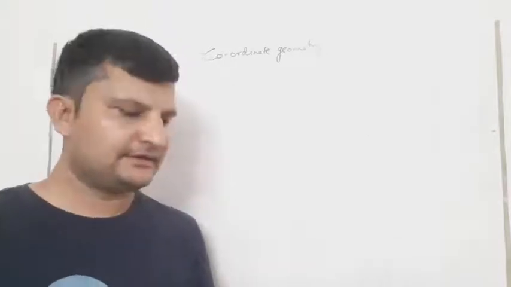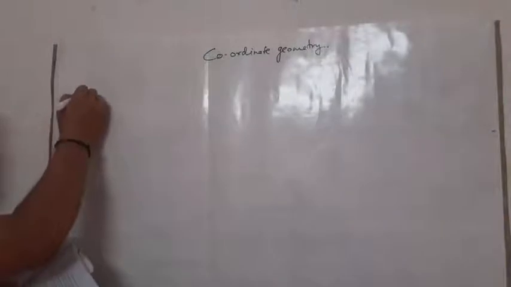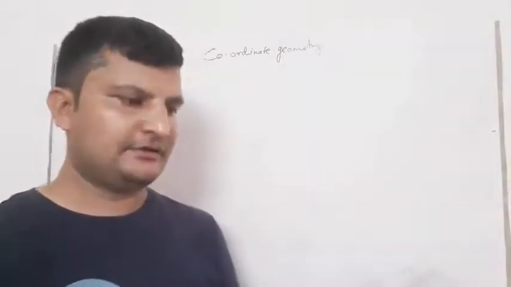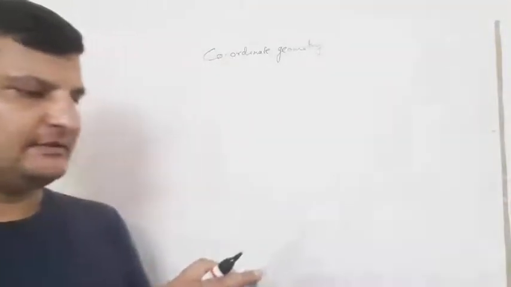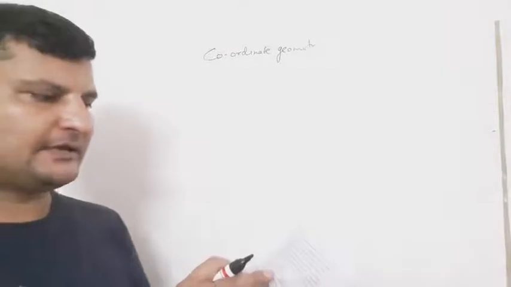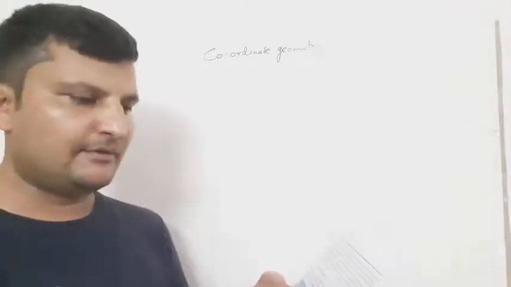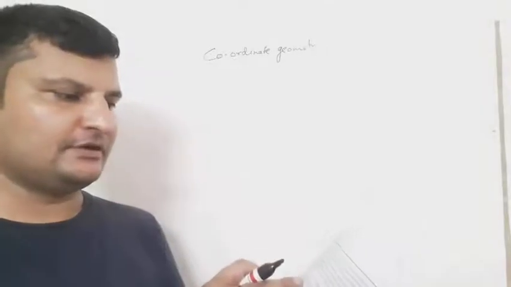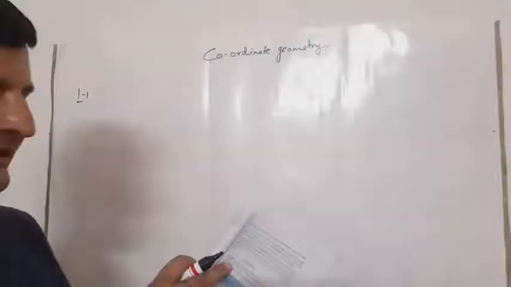Now let us start exercise 3.3. The first question is, in exercise 3.3 we have to locate these points. The points are given in your book. In which quadrant or on which axis do each of the points (-2, 4), (3, -1), (-1, 0), (1, 2) and (-3, -5) lie? So we can write it.